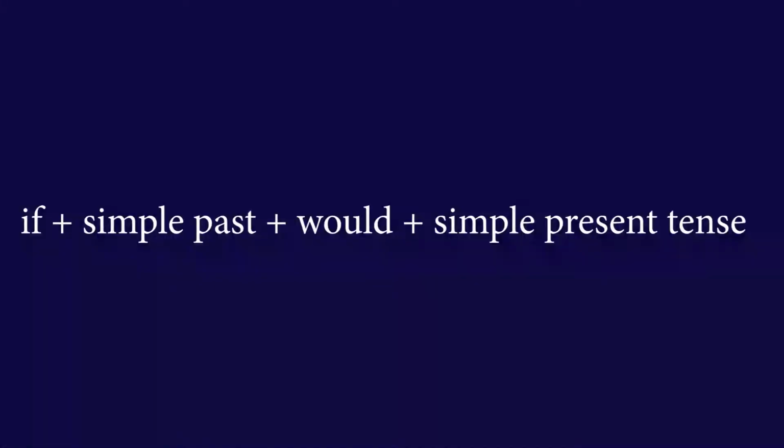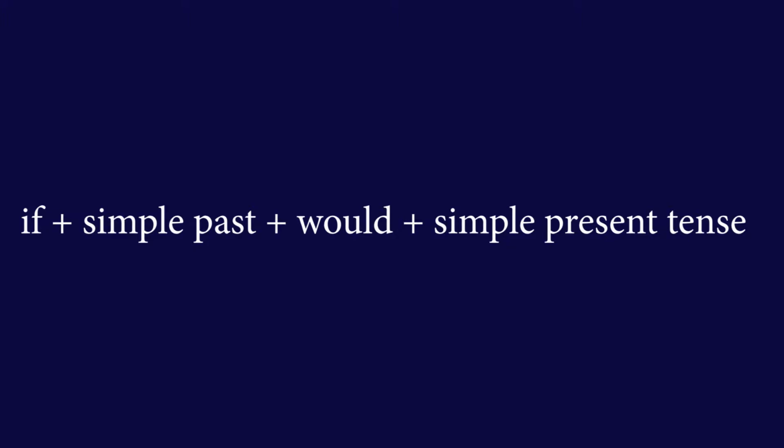The third is the type 2 conditional sentence. This is what we also call the simple past conditional sentence. The simple past conditional sentence is used in situations where the condition is impossible and unlikely to happen, and so it requires the past tense, mostly because whatever happened in the past makes it impossible for the condition to be fulfilled. In this case also, the formula is if plus the simple past tense of the verb plus